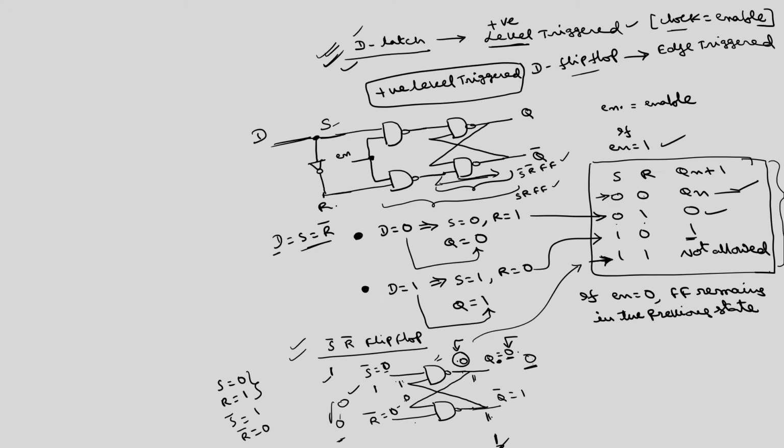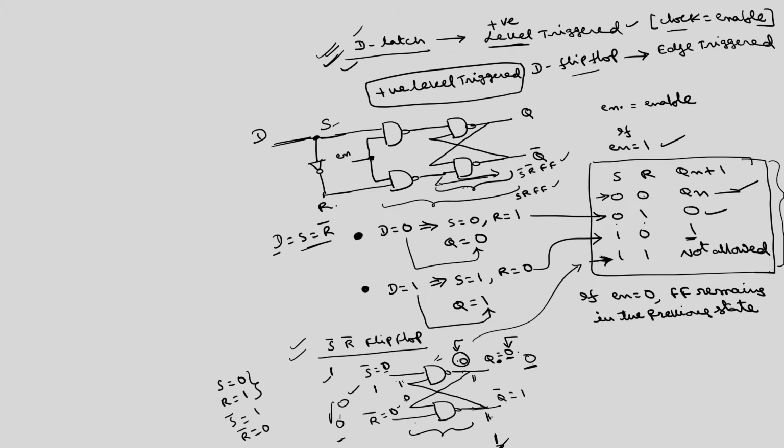Now, I will take this S bar R bar flip flop as a basic circuit, because this portion is common in the D latch also. Later I am going to discuss the positive edge triggered flip flop. There also we have this type of portion. So, in order to simplify the programming, we can instantiate these logics. First, I will write the Verilog code corresponding to this S bar R bar flip flop.